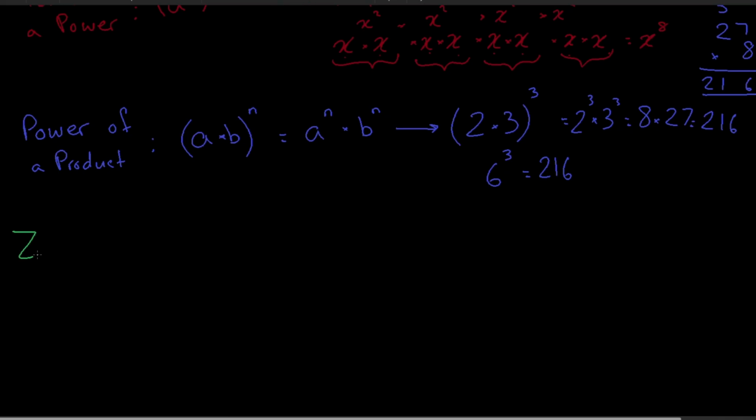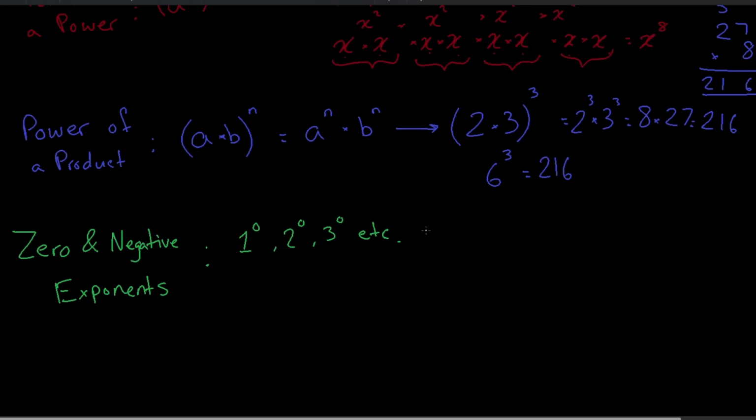So 0 and negative exponents tells us that anything, it could be 1 to the 0th, 2 to the 0th, 3 to the 0th, etc. This is all equal to